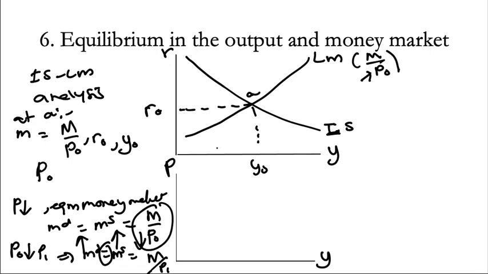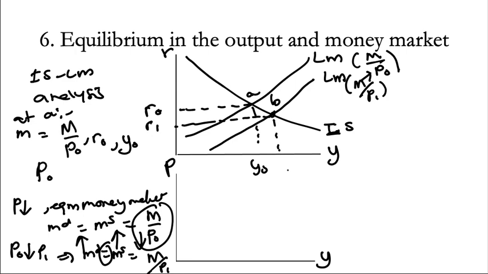That means, okay, shift in LM to LM M over P1. Can you see? So obviously the new equilibrium must be at point B, and adjustment between LM and IS in the ISLM analysis, interest rate falls down to R1. Output, real output increases to Y1. So here,